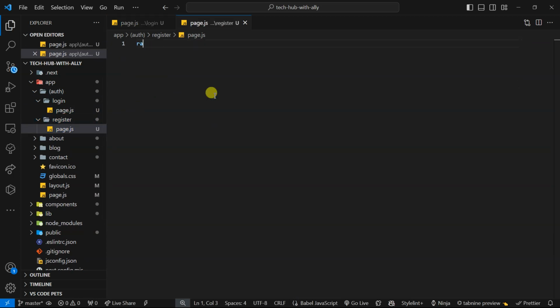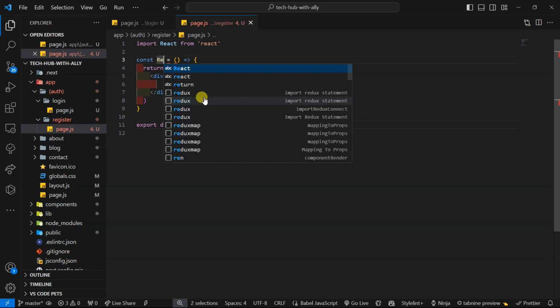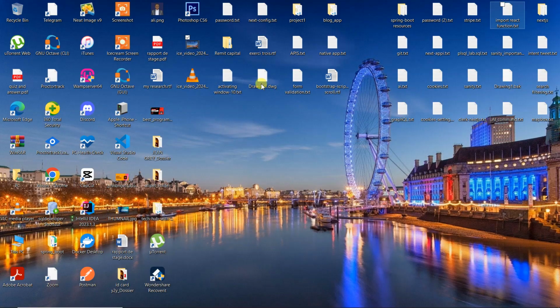The same thing with the registration here. Here run RAFCE like this. Then type here register form. Then here have h1. Type here register form or registration form, or page. Then now let's go and see what will happen if you go now to our